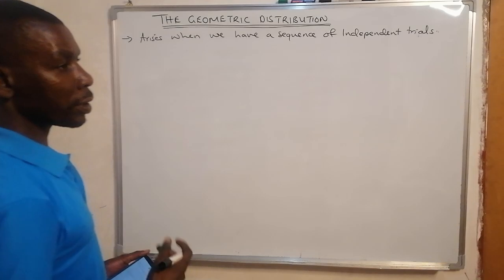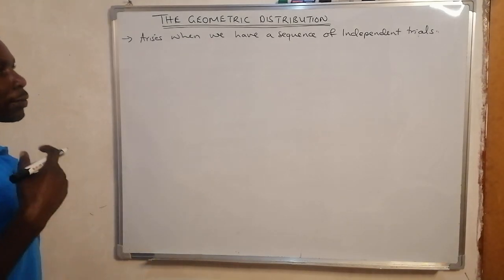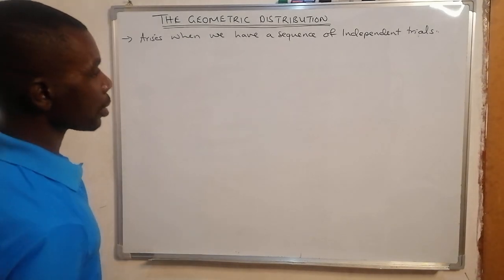So if we have a sequence of independent trials, let's say we try first chance, second chance, third chance, we